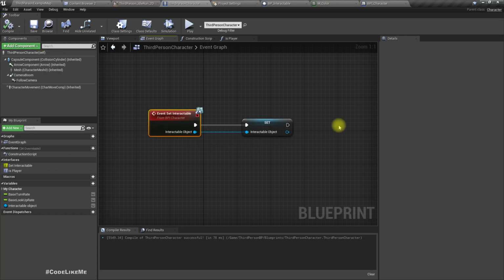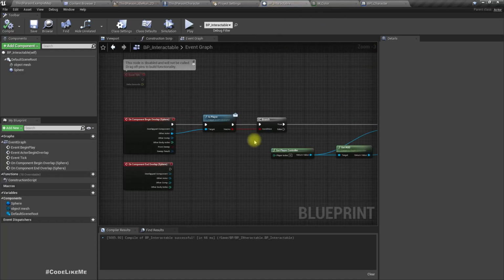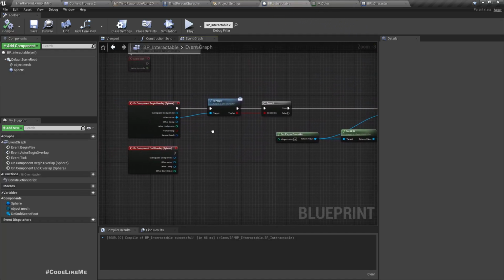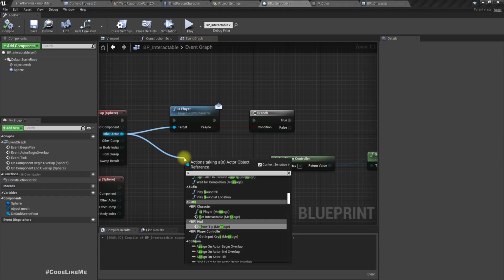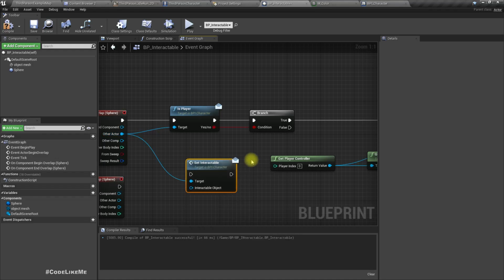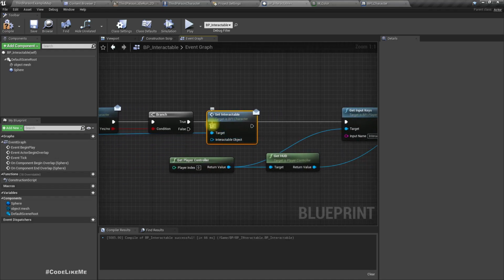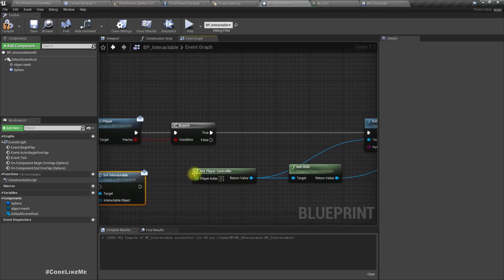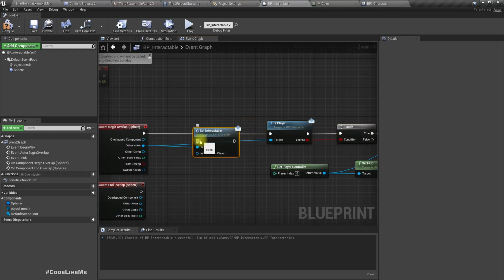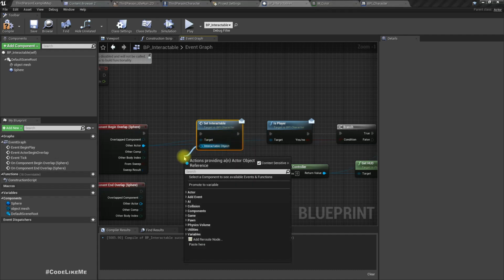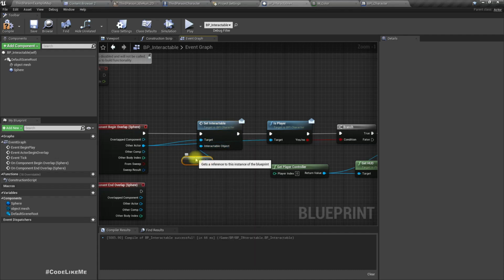Right, now in the interactable object, when the player overlaps, we can call set interactable. Actually we can do this regardless of whether it is the player or not. So now I need to check. As the interactable object, I'm going to give a reference to self, which gives a reference to this object,